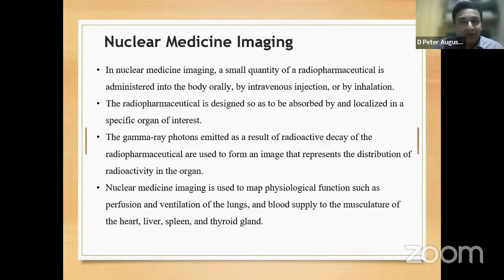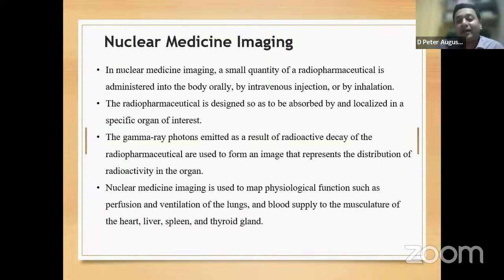Gadolinium, if I'm not wrong, I remember is one of the contrast agents, right? Gadolinium is given with MRI, I guess. And in PET, as I said, one is FDG, and fluorine 18 is given with the PET. SPECT is with another thing, I forgot, I'll remember that. I think it's technetium 99, if I'm not wrong. Nuclear medicine imaging is used to map physiological function,